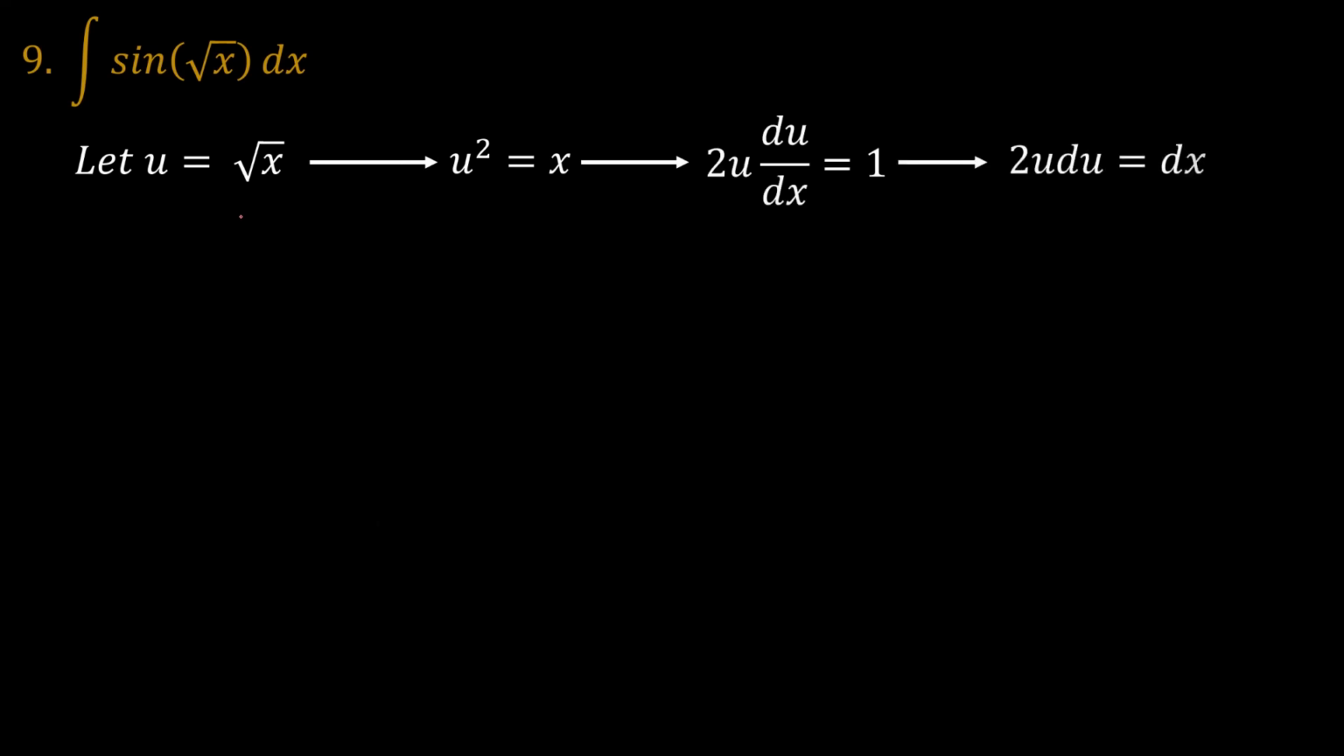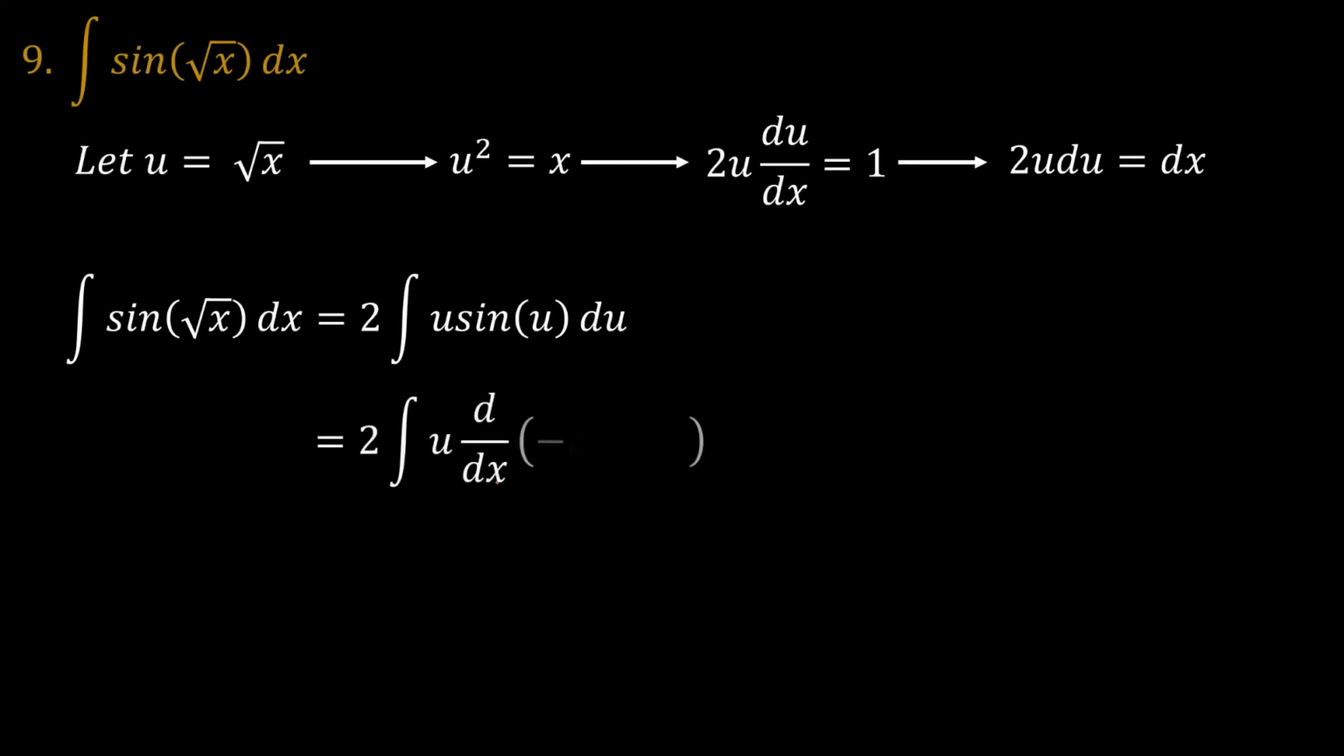Number 9, we have the integral of sine of square root of x. We can let u be equal to square root of x, such that u squared is equal to x, such that 2u du/dx is equal to 1. So 2u du is equal to dx. And so integrating sine of square root of x is the same as twice u, coming from here, sine u. And then, as we go further, since sine u is the same as the derivative of negative cosine u, we use this as a dv, and the v being